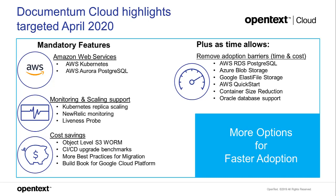And cost savings. So looking at cost savings for WORM, for S3, doing more benchmarks around the continuous delivery process. So you can tell customers that this upgrade or this deployment is going to take so long at their reference scale, or maybe it'll be a little bit tricky and there'll be some downtime for the customers. So we want to get more into communicating that type of information so that we can develop better practices for customers in different scenarios. If we have time, there's going to be more certifications to reduce even more barriers, so blob storage,